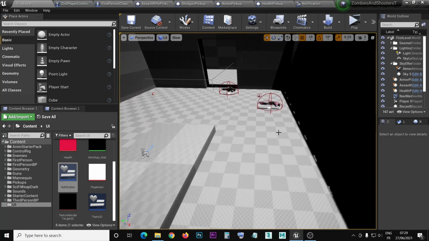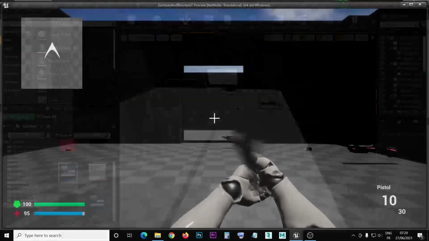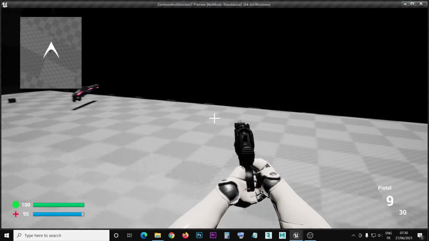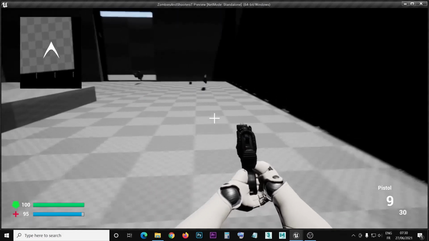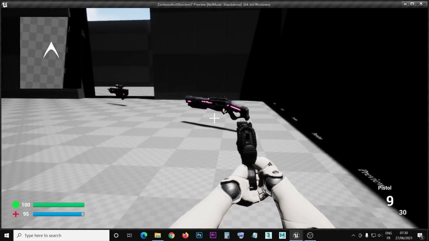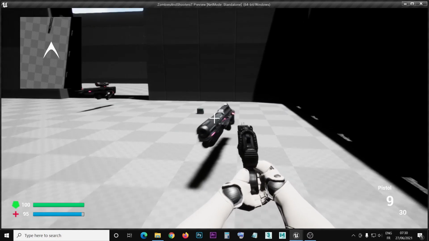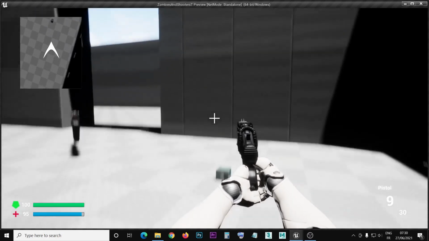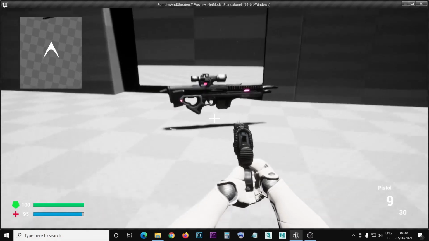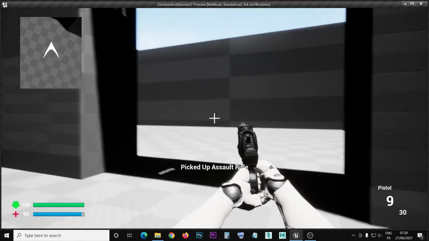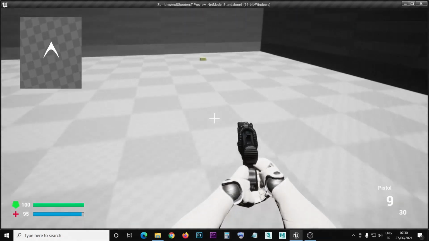We left the map like this the last time we worked. Play. So now I should get my shotgun, picked up shotgun, and then I go to the assault rifle, picked up assault rifle,